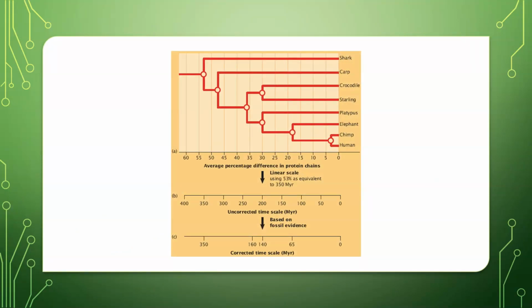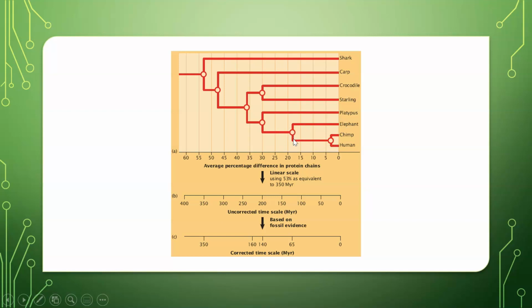And here we've got a diagram. So this is all about you guys learning to read different types of graphical information. At the top, you've got a range of species on your y-axis, and along the x-axis you've got average percentage difference in the protein chains. Between the chimp and the human there's less than 5% difference. Between the chimp and human and the elephant we've got